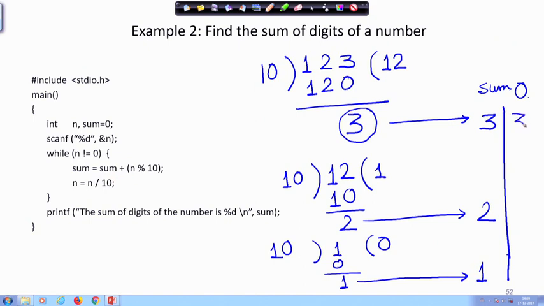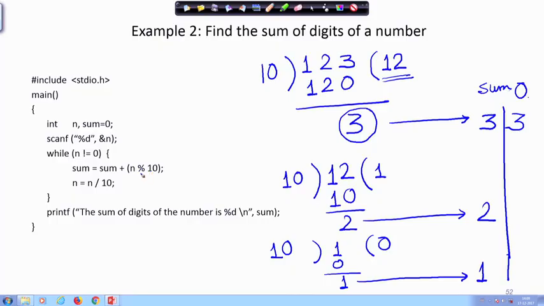So, my sum now becomes 3, and then I make my n to be n divided by 10. Now, this operation gives you the quotient, right. This operation gives you the remainder. So, I get n by 10 means now 12, and I go back to this loop.